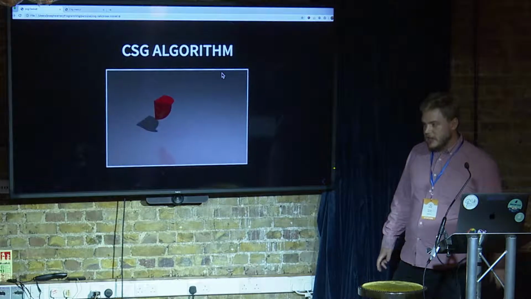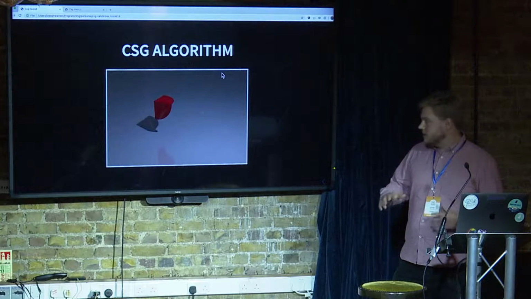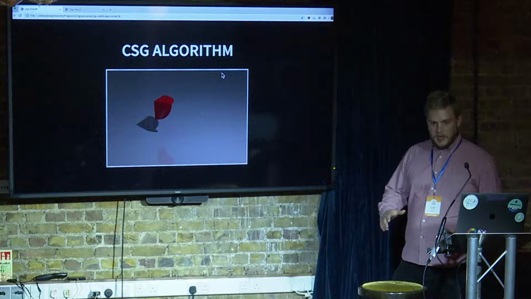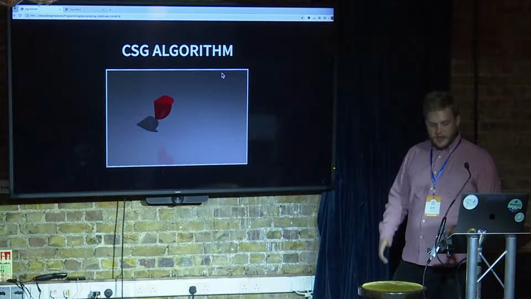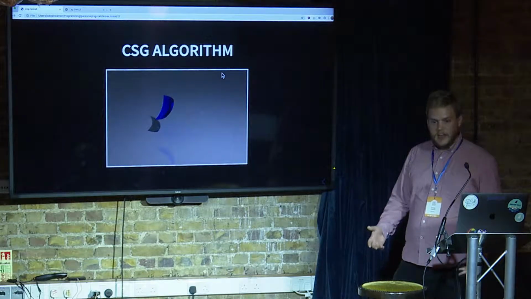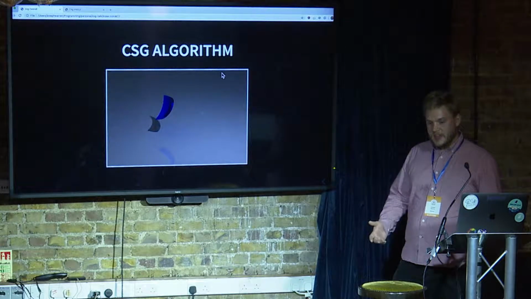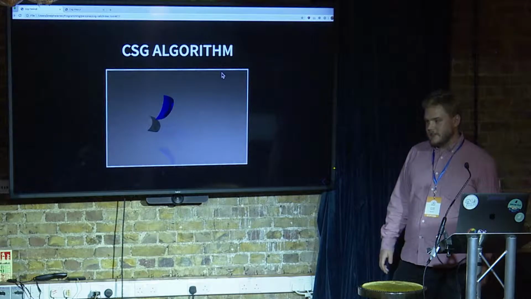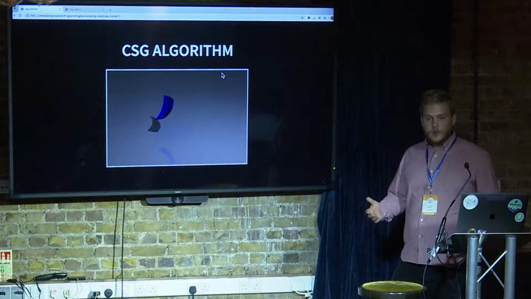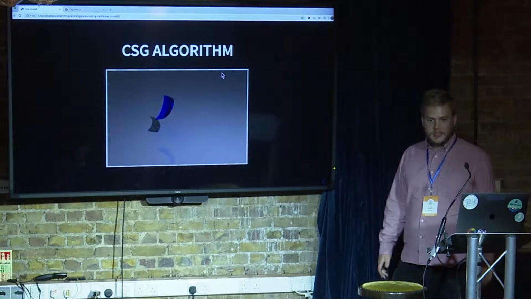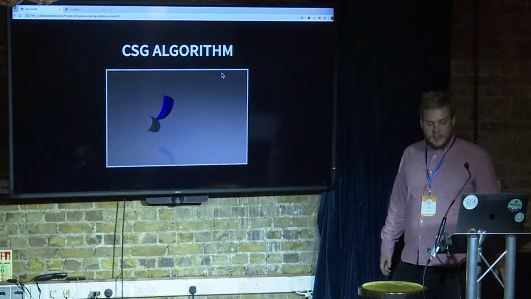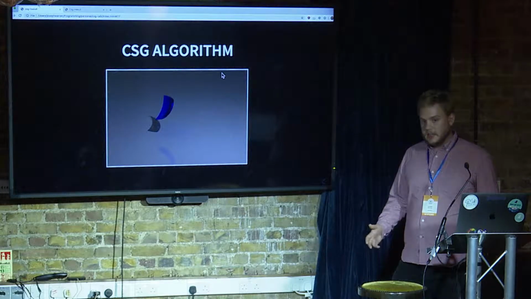It has this bit, and that's just the surface of the cube, but it's only the bits of the surface of the cube that are inside the sphere. And then the other part of the surface of the intersection is this thing. And that's the surface of the sphere, but it's only the parts of the surface of the sphere that sit inside the cube. So that suggests that maybe if we come up with some kind of clip operation, if we can take a surface and then clip that to a volume,